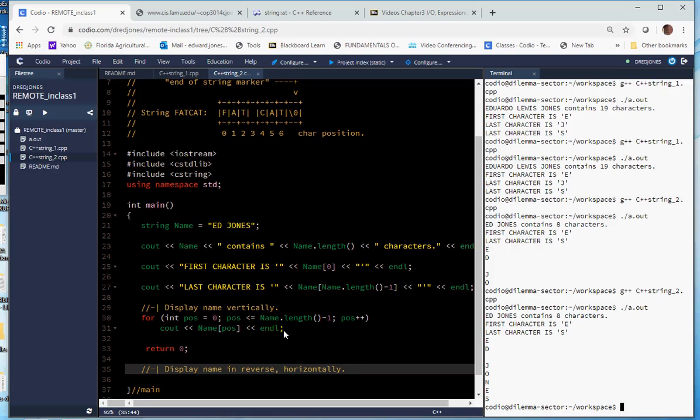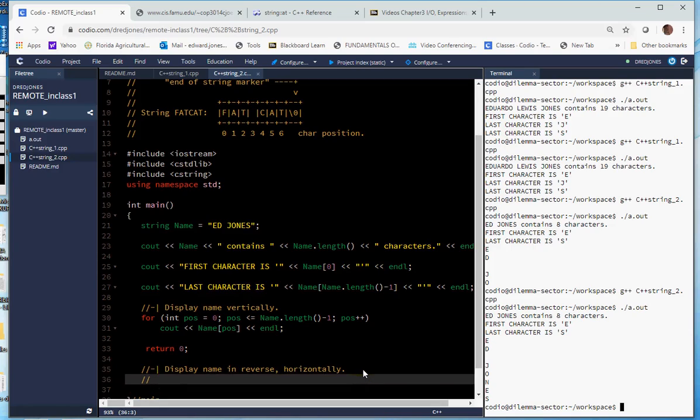All right? So I want to see SENOJ space DE. That's what I want to see come out. Well, how do we do that? We're going to say cout the last character. What's the last character? Name sub